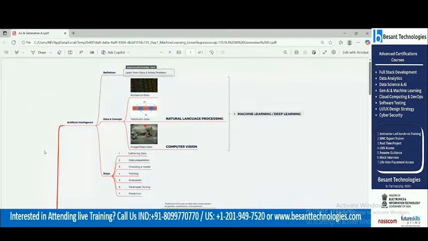Called generative AI. Previously you all learned AI. So see the concepts of AI that you have learned. This is your AI, right? In AI you learned numerical data, text and audio data, natural language processing, and then image and video data. In combination of all this, you learned what? Machine learning and deep learning. These things you are already doing projects in.